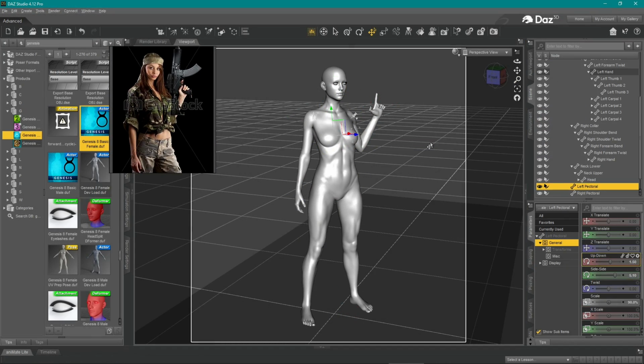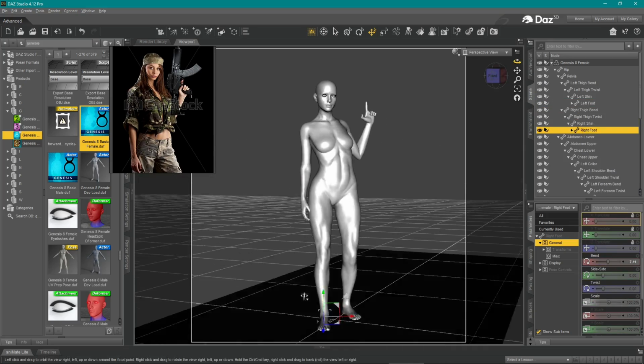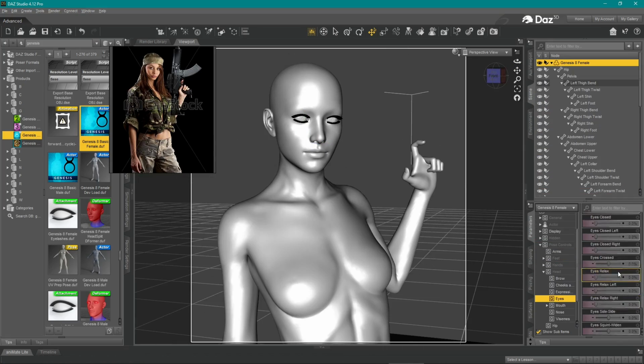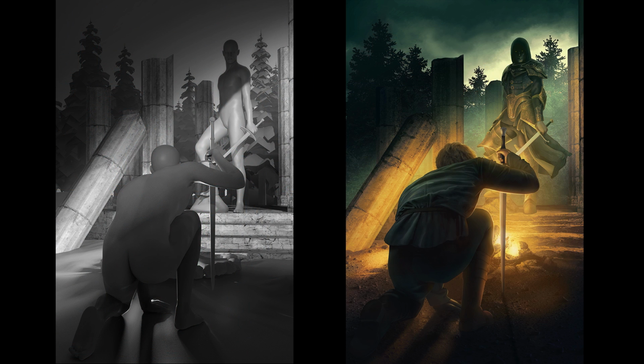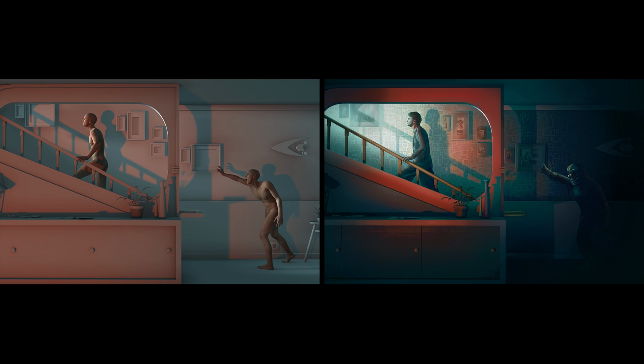My name's Christina and today's quick tip video is going to be all about posing figures in DAZ Studio. I use models for practically all of my illustration projects. Here are a few examples of how I've used figures in the past and how they've ended up looking once